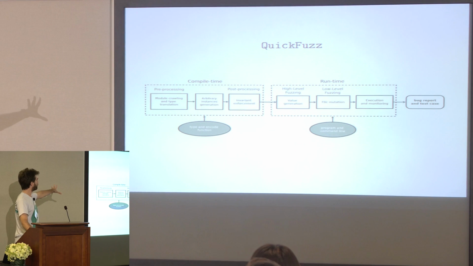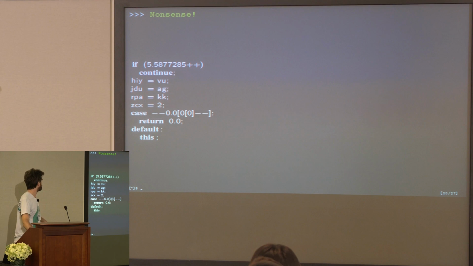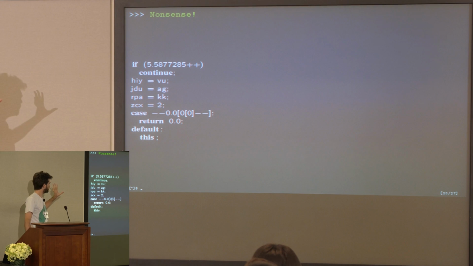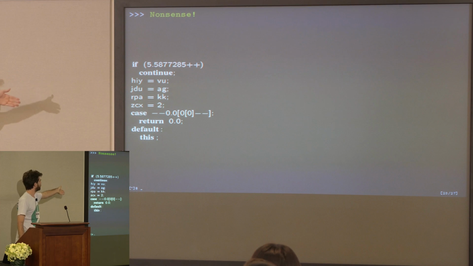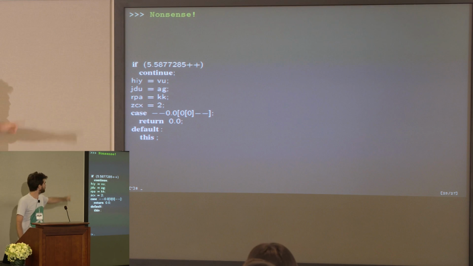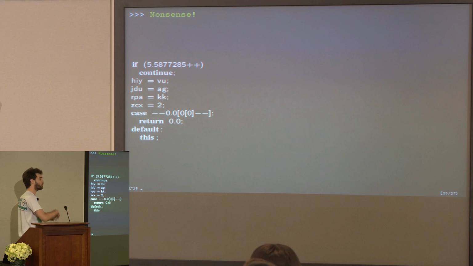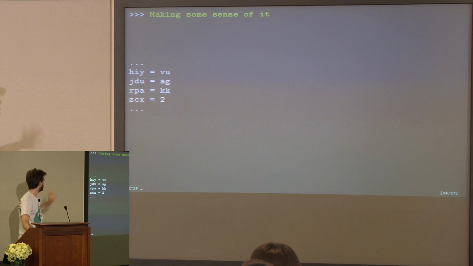In fact, QuickFuzz has, after the value generation, some part of file mutation that I'm not going to explain. But you can see here the two steps. Well, this part is just a limitation. If you want to QuickCheck a compiler, you can generate just nonsense code that is not going to pass the first stages of the compiler. That's a problem, because you cannot test a compiler if your code is just nonsense like this, and you try to use variables that are not defined. The compiler will say, I won't compile this, and you won't be able to reach some code of the compiler, so you won't be able to test it. So we have some workaround to fix this, but